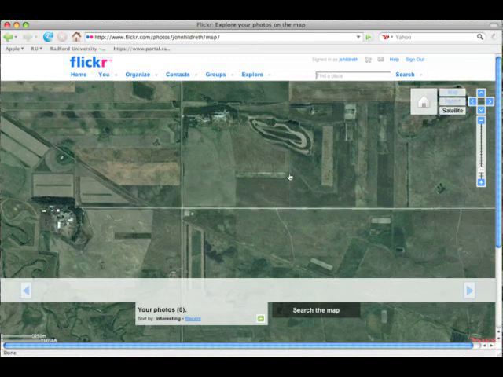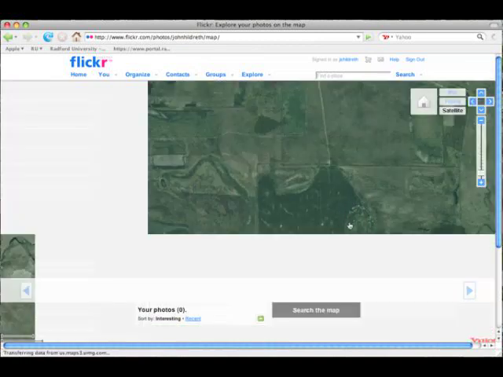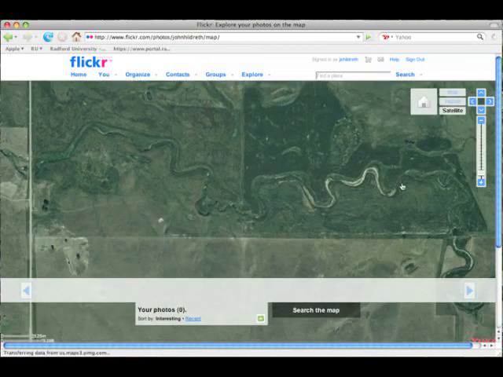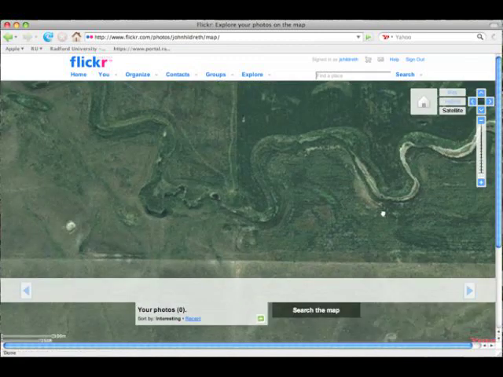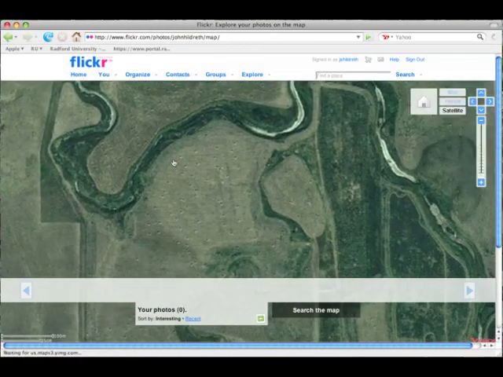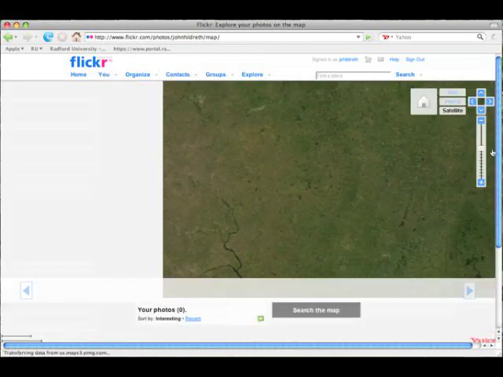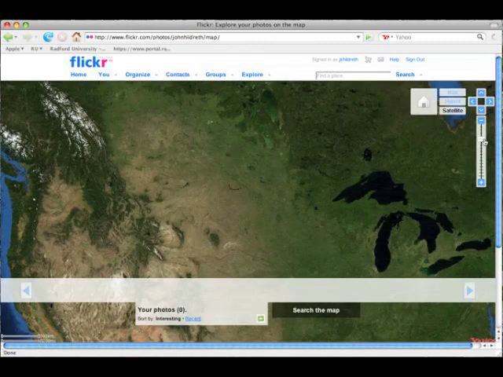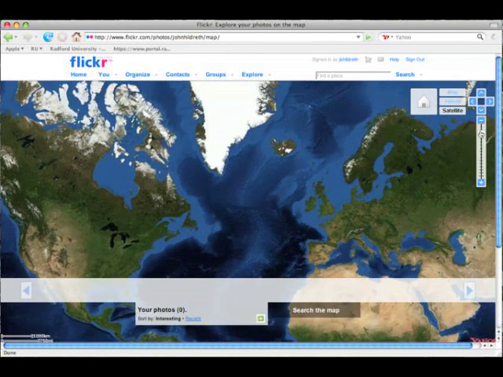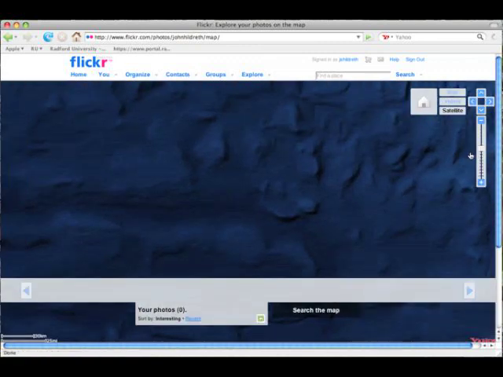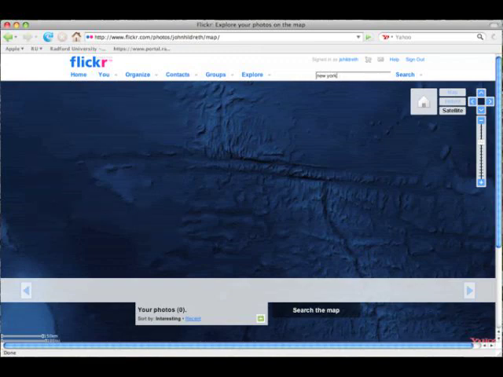If we go to a satellite, which is another function, we have a similar view. If we go in far enough, we can see more details in the geography of a given area. I'm going to zoom out because we're actually in a pretty rural spot of North America. Let's zoom up to, that's interesting. Let's just go straight